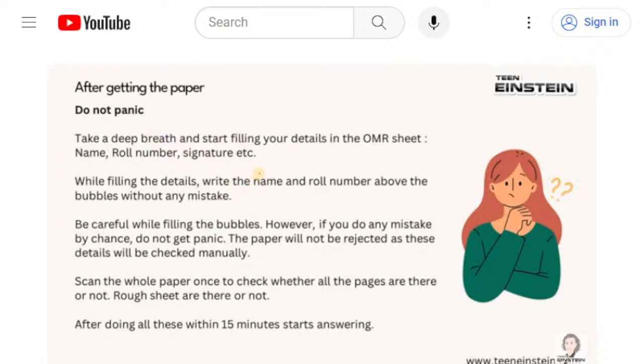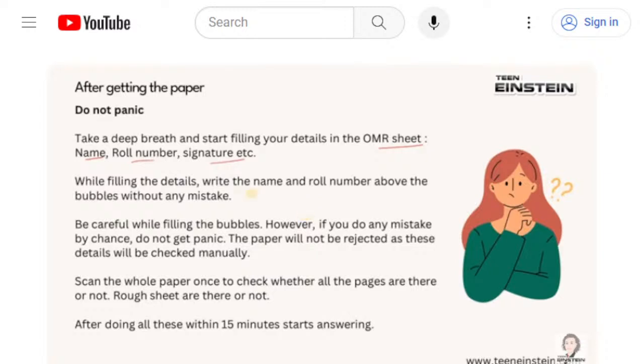You have given many test exams. So why worry? Just take a deep breath and start filling your details in the OMR sheet, like name, roll number, signature, etc. In the OMR sheet there will be some boxes to write your name and roll number above the bubbles where you have to fill, right? In those boxes you should write your roll number and name without any mistake, and you have to do your signature,